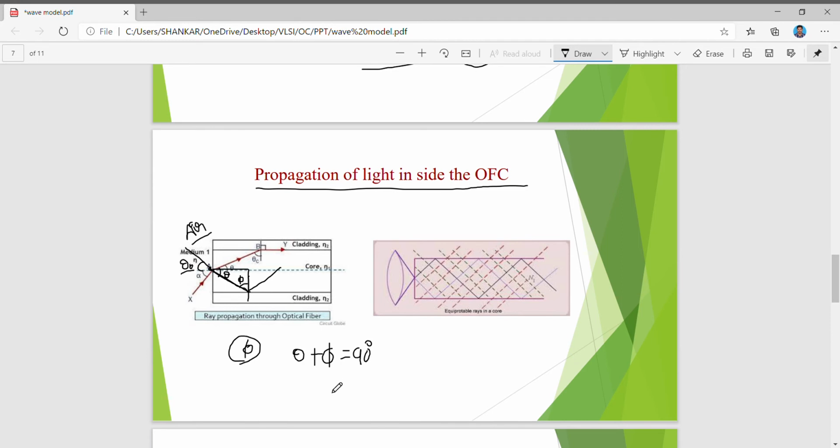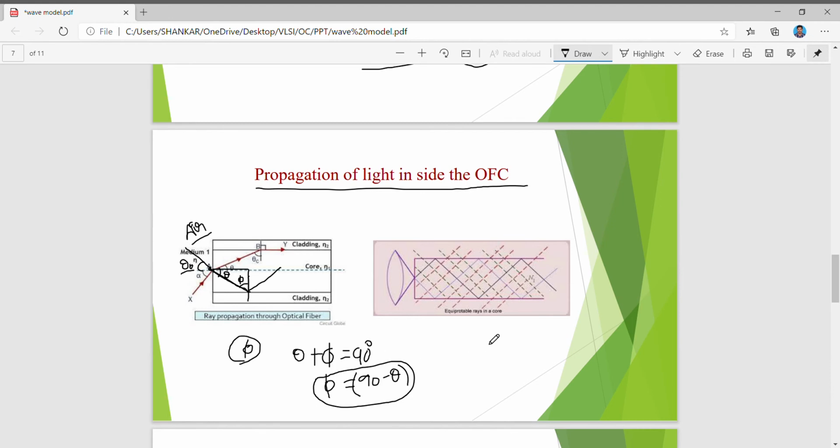From this we can find out the angle of reflections inside the fiber. So pi is equal to 90 minus theta. From this diagram we can find out the angle pi, which is equal to 90 minus theta, and